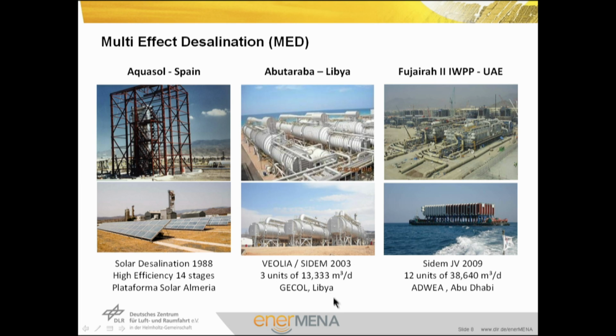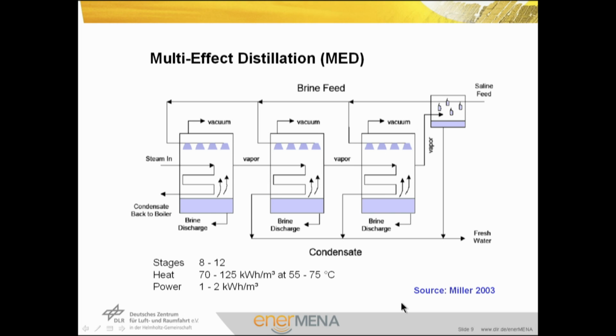The third system is multi-effect desalination. You can see here some plants. They're a little bit smaller than the multi-stage flash usually, but also it's proven technology and applied worldwide in many cases. The concept is slightly different. You have the saline feedwater here coming in, and it is sprayed over a heat exchanger. Inside the heat exchanger, you have steam from the power plant at low temperatures, and this energy is transferred to the water sprayed on the heat exchanger